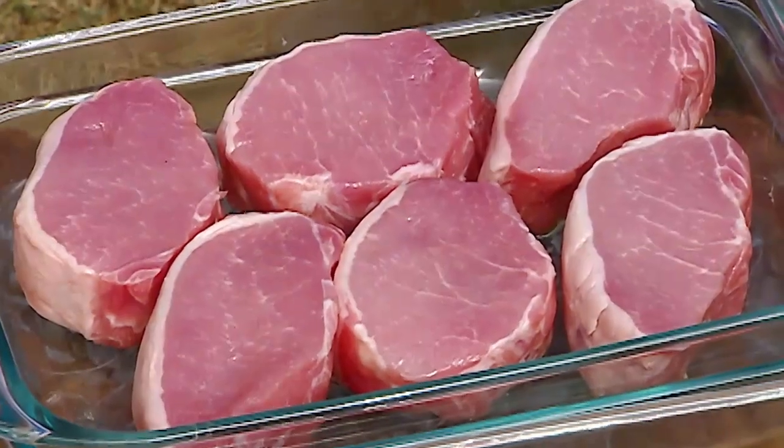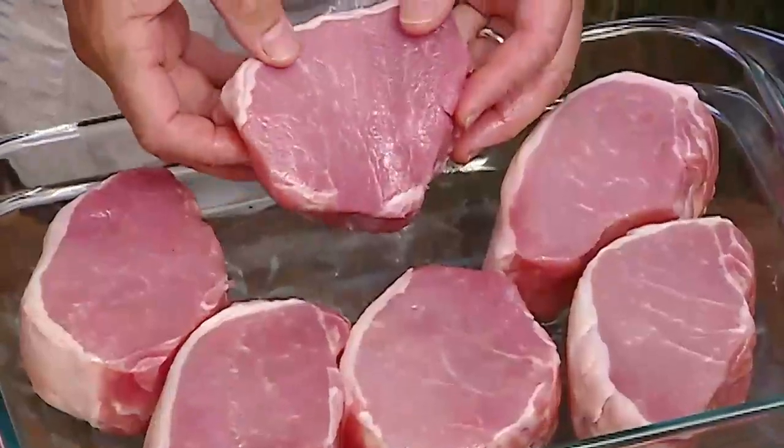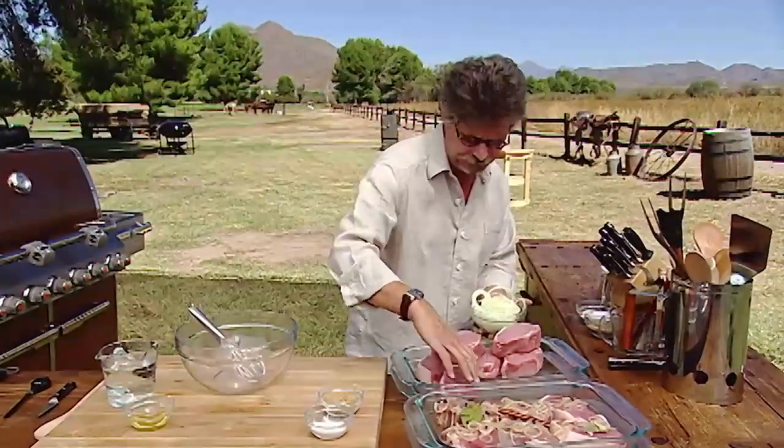Brine the pork chops. These are beautiful center-cut, boneless pork chops. Each one weighs about 12 ounces. Step number 1, flavor the pork chops with the aromatics. Thinly sliced onion,